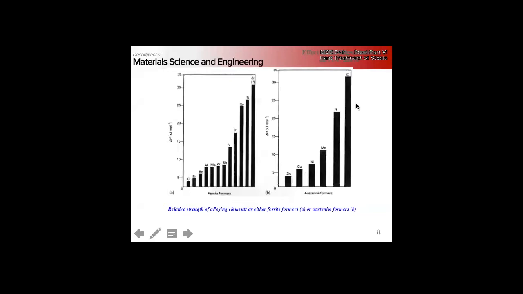That is going to stabilize the austenite because there's a lot more room in the austenite for the interstitial phases than in the BCC. But specifically asking why the group 4 elements and tin are so effective at stabilizing the ferrite,